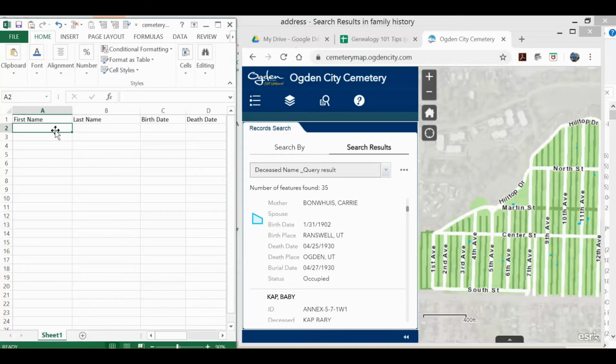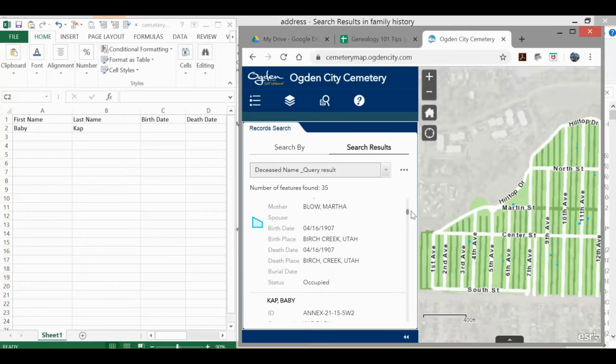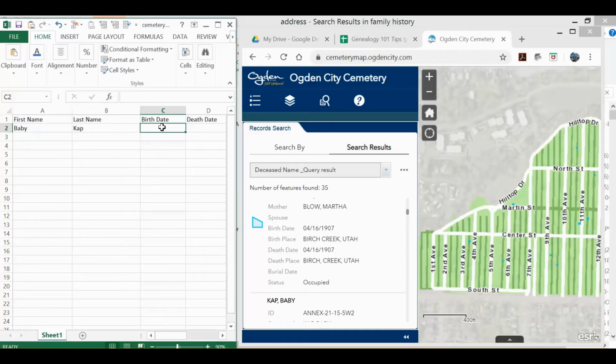So this one is actually baby Cap, so an infant that passed away. The birth date listed there is 4/16/1907. I'll always enter these first with the year, 1907, and then the month, and then the date. And that allows for, again, for sorting. If you go in and use the sort function, it will be right in order if you list it that way. And then the death date, same thing,